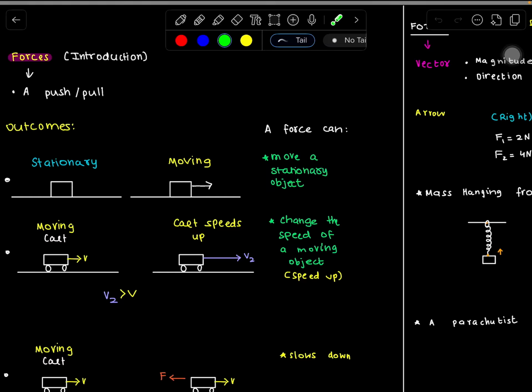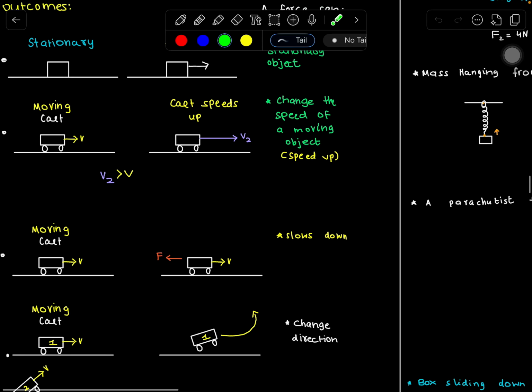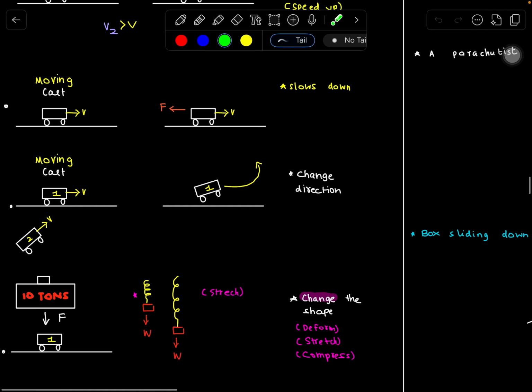So a force can cause a stationary object to move, and if something's already moving and you push it, it's going to speed up. So force is capable of changing the speed of moving objects. If you apply a push in the direction of motion, it's going to speed the object up. If you apply a force opposite to the direction of motion, it's going to slow the object down. And if you apply a force at a certain angle to the object, you can also change the direction of